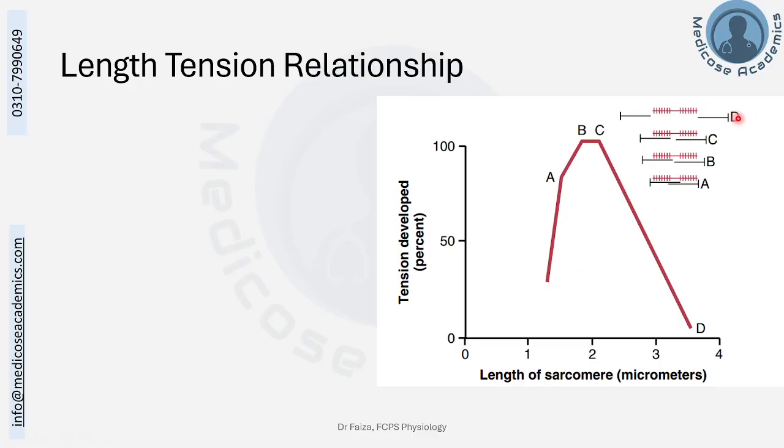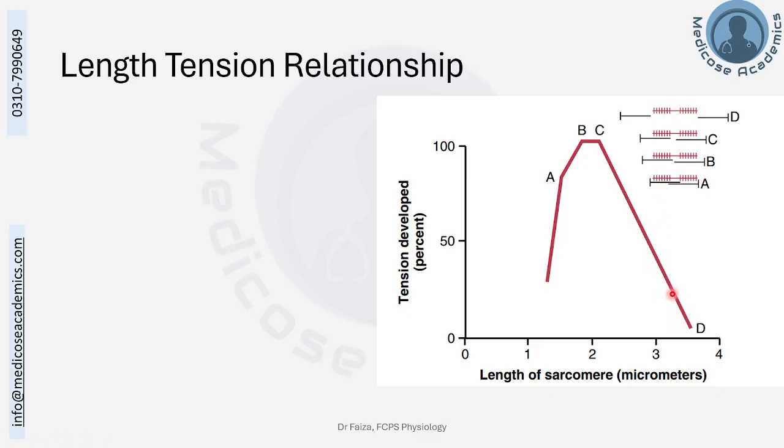If the resting length of the skeletal muscle fiber when it starts contracting is at point D, that is much more elongated than the normal skeletal muscle fiber length, the tension developed will be minimum. So can you appreciate why it is minimum by looking at this? Simply, the actin filaments have gone so far apart that the myosin filaments and cross bridges can no more interact with the actin filament. When there will be no actin-myosin interaction, there would be no shortening and there will be no tension developed in the skeletal muscle fiber.